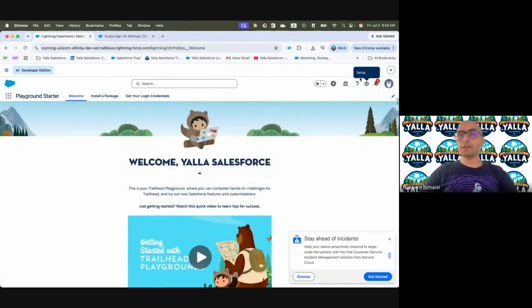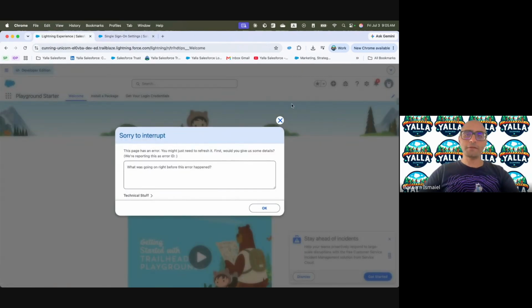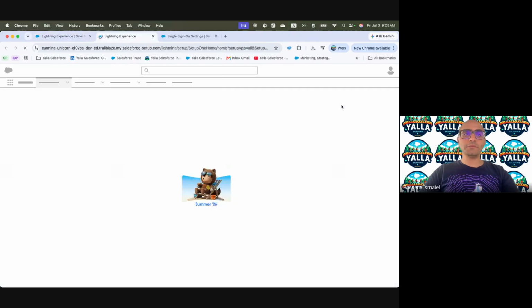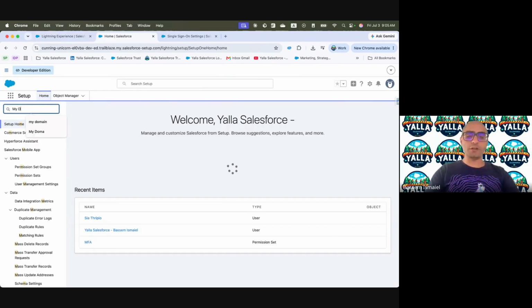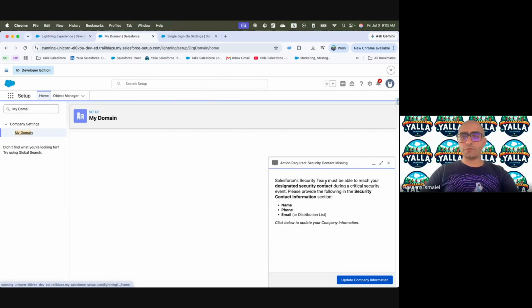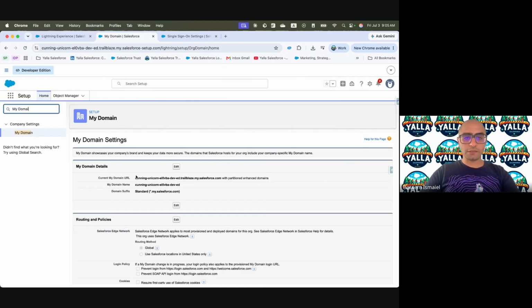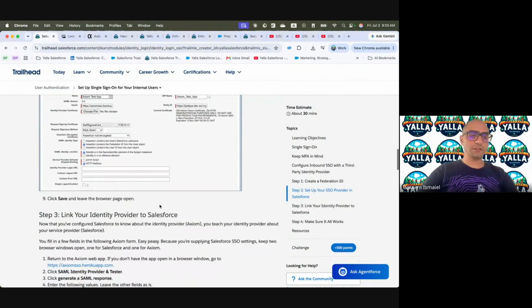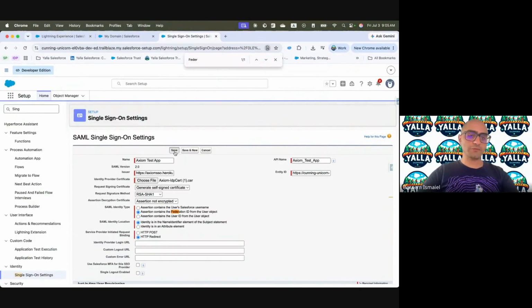In order to do it, I'm gonna go to the setup, and from the setup, I'll go to my domain. And within my domain, I need to make sure that I got the domain, and I need to wrap it up with HTTPS. And then I'm gonna put my domain in there. Which is aligned with this one, but I wanted to make sure that I'm following the right instructions and get it from the formal place for it.